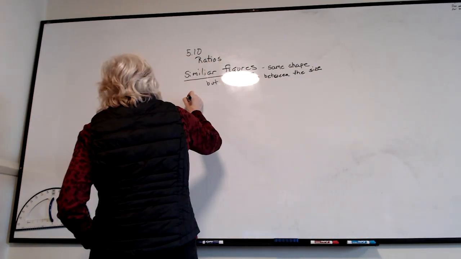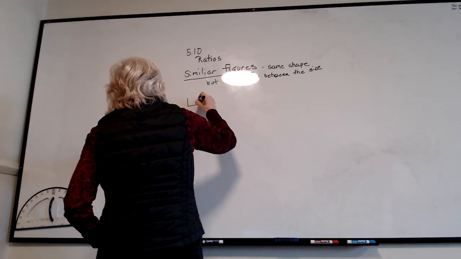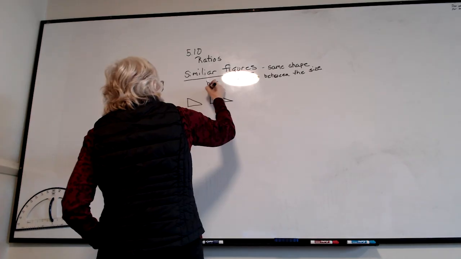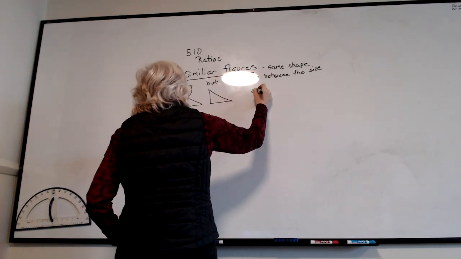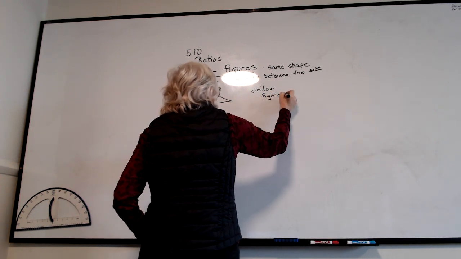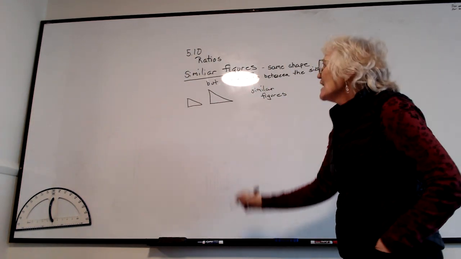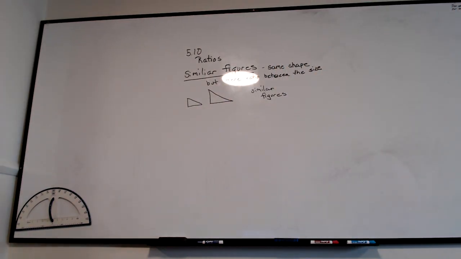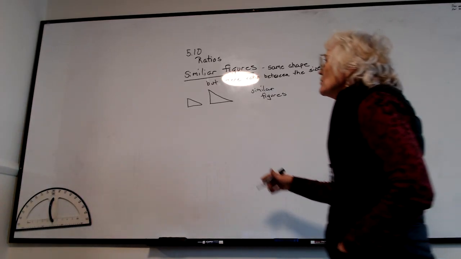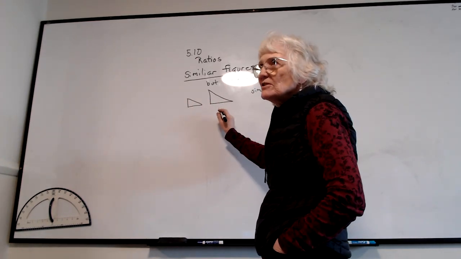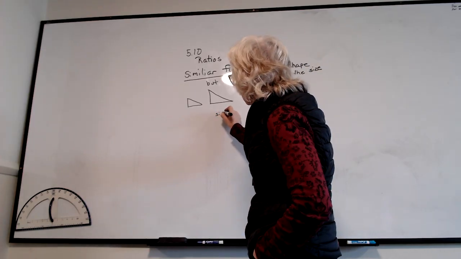Okay, so if I look at this, and I draw this, and then I draw this, these are similar figures. If they were drawn exactly correct, it means they have the same shape. My drawing is just not perfect. So they have the same shape, but they're different sizes. And so all of their lengths that you measure would be in the same ratio. So their side lengths